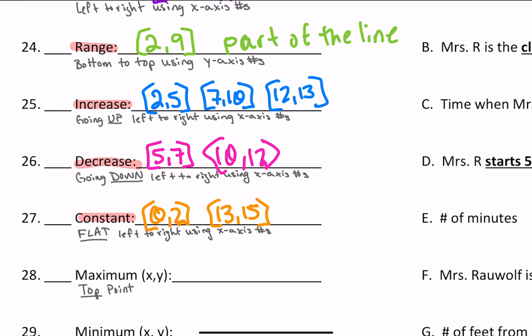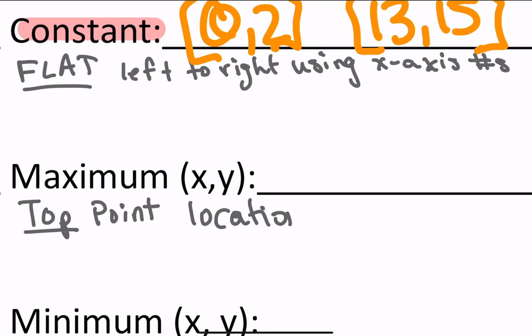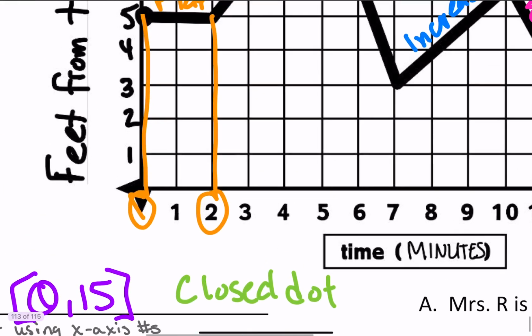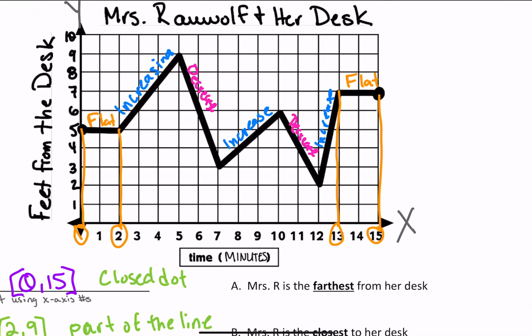Now, the maximum is the top point. So you find that point, and remember, this is about a location, right? So you find that location and figure out that X number and that Y number. So let's look at our graph here. Okay, let me get rid of all of this. So the top part of my graph